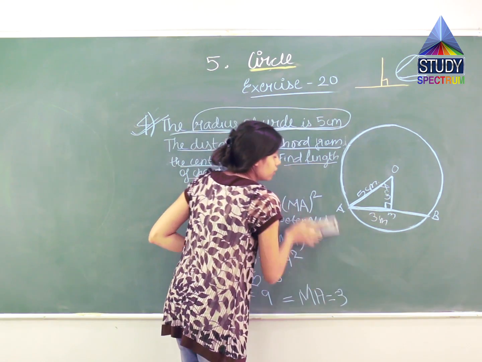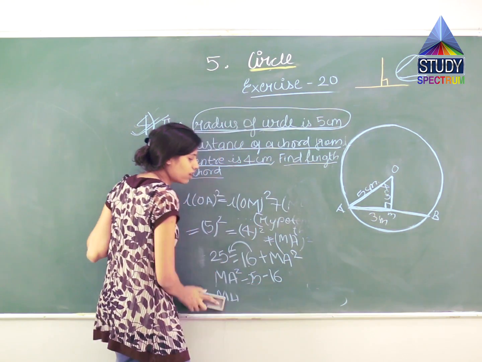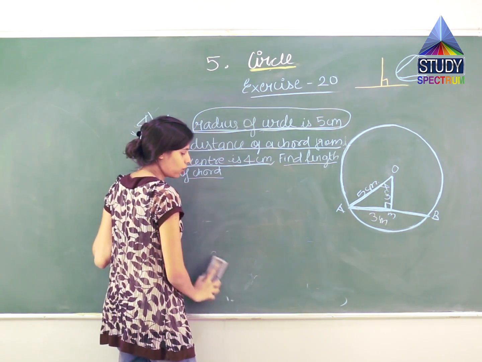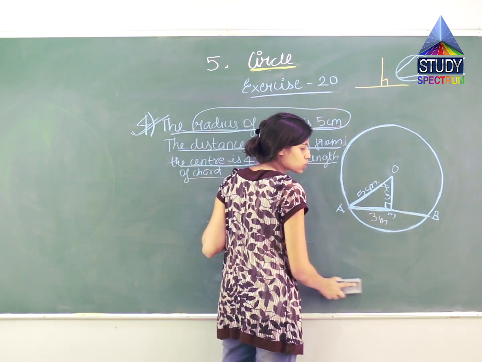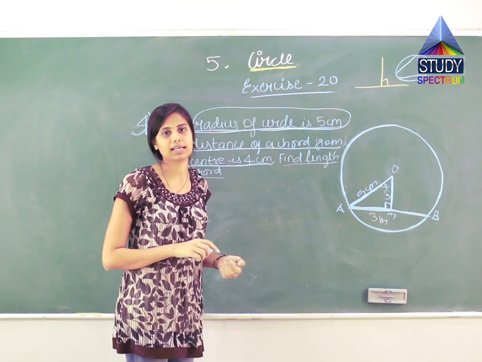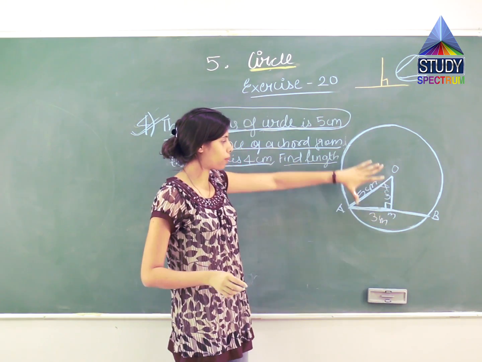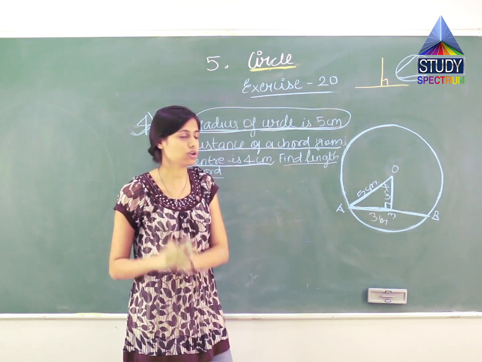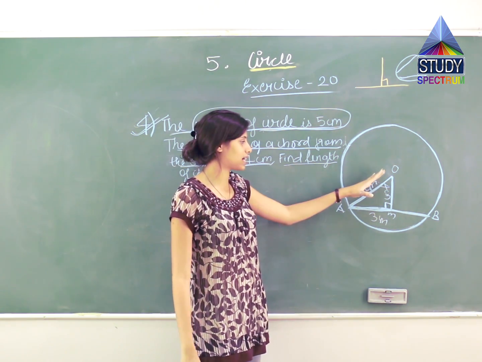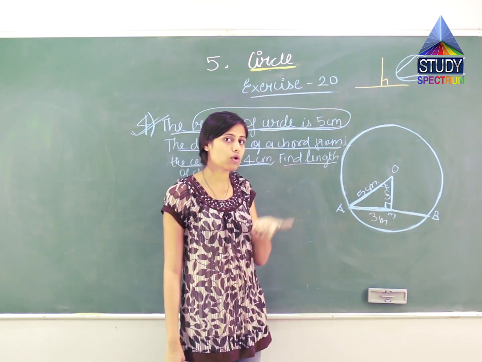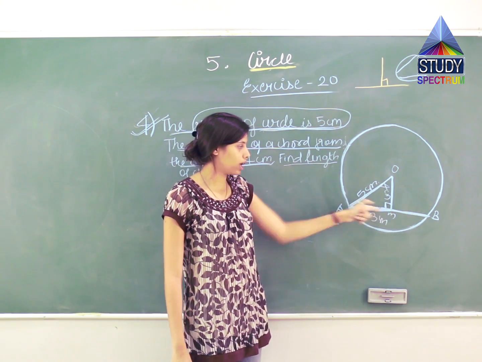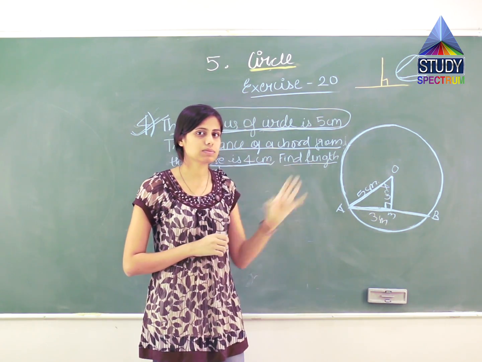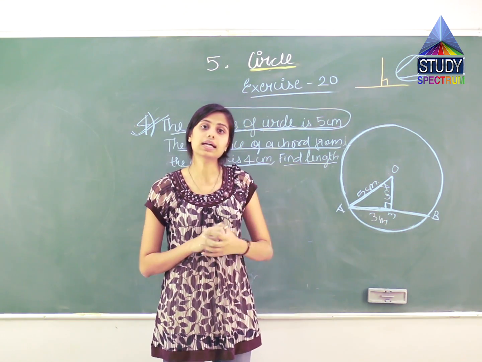Till now you are clear, right? We just have used the hypotenuse theorem, which we have learned in the 7th standard. This theorem is for the right angle, which says that the side opposite to right angle will be equal to the sum of the squares of the remaining sides. यहाँ पे 90 डिग्री ये था, इसके opposite OA था, तो OA square will be what? Will be equal to summation, means addition of the square of the remaining sides. अभी ये side तो हमें find करनी है, तो उसके remaining sides कौन से होंगे? ये triangle में OM होंगे और MA होंगे, तो इन दोनों के स्क्वायर्स का एडिशन जो होगा वो OA होगा. तो इस थ्योरम से हमने फाइंड किया AM का वैल्यू, विच इज 3 सेंटीमीटर.